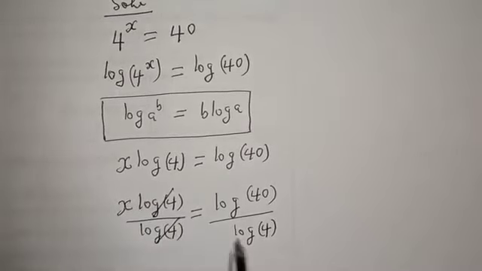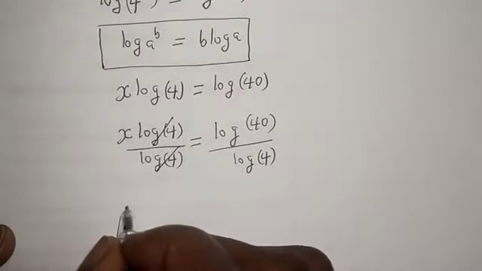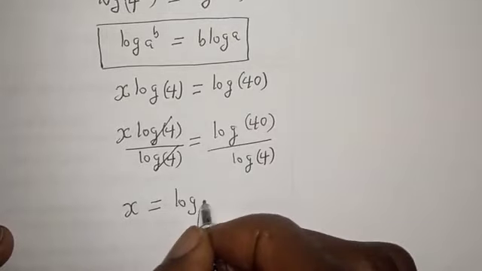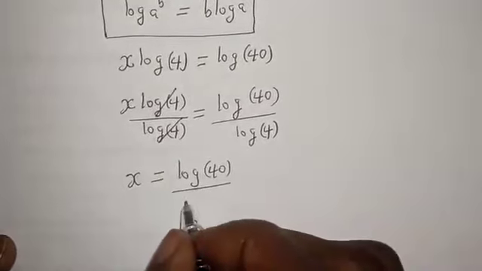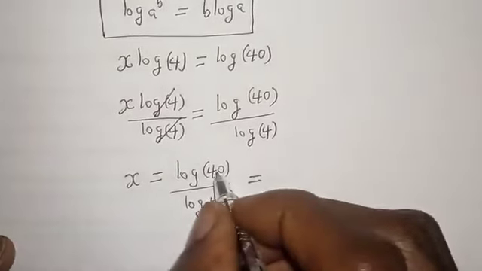This will cancel this. s is equal to log 40 over log 4, and this is equal to